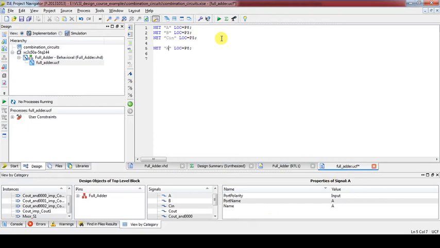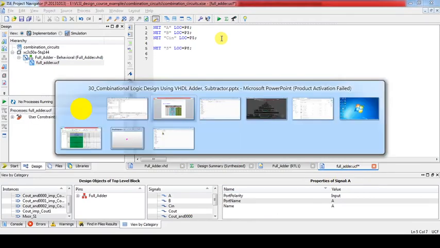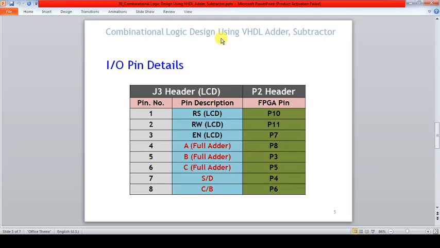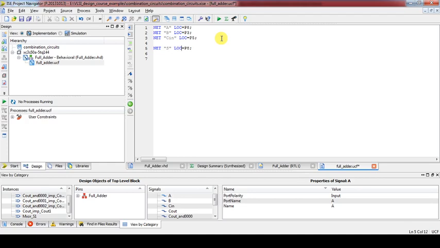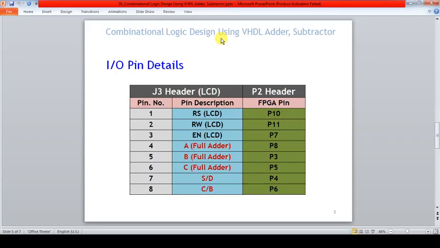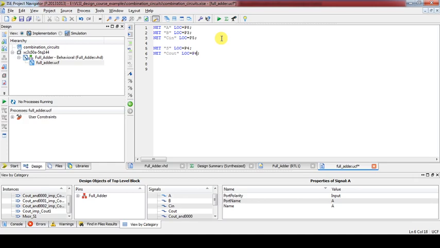Then the sum output should be connected to sum, P4, and carry out Cout is connected to P6. This is a very simple constraint file we are creating.